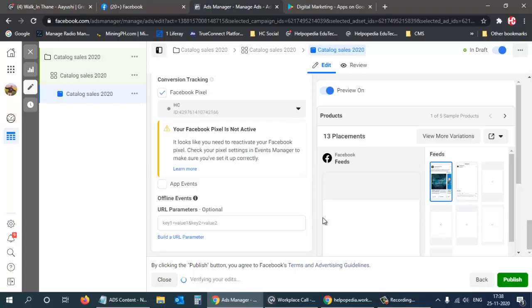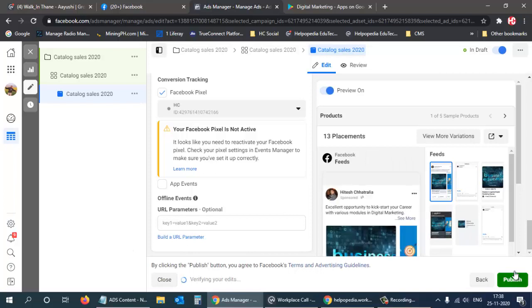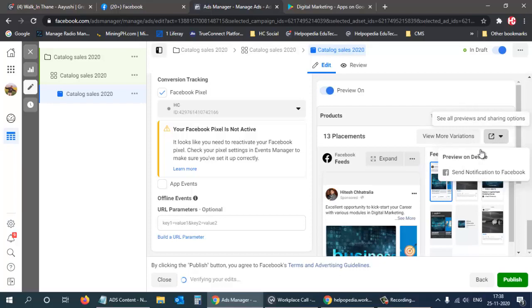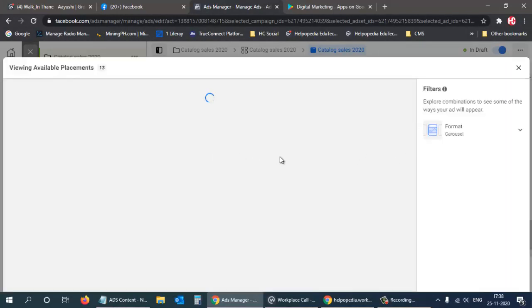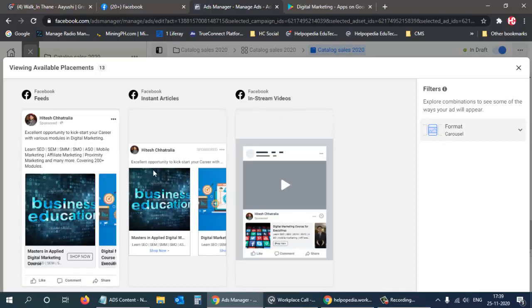Okay, so this is done, and everything is okay, and then I can click on publish. So let us see how the ads will look. So over here view more variations. So see over here we can see this option.